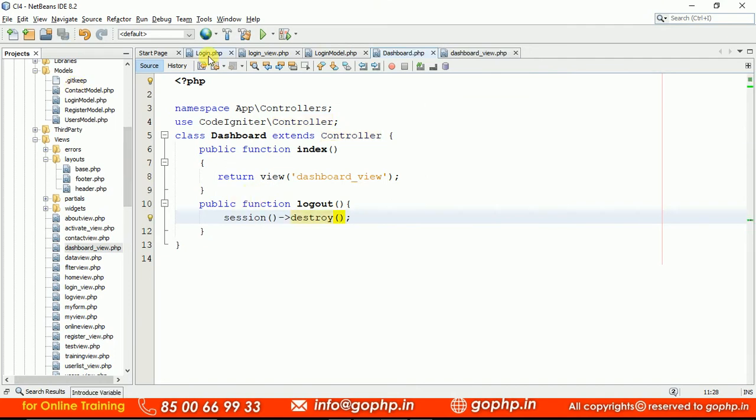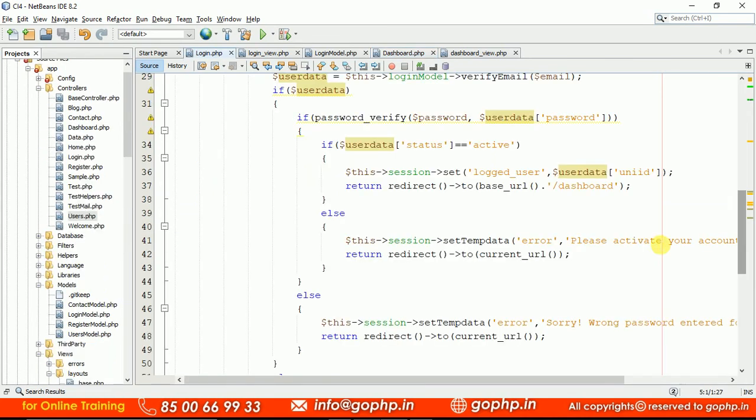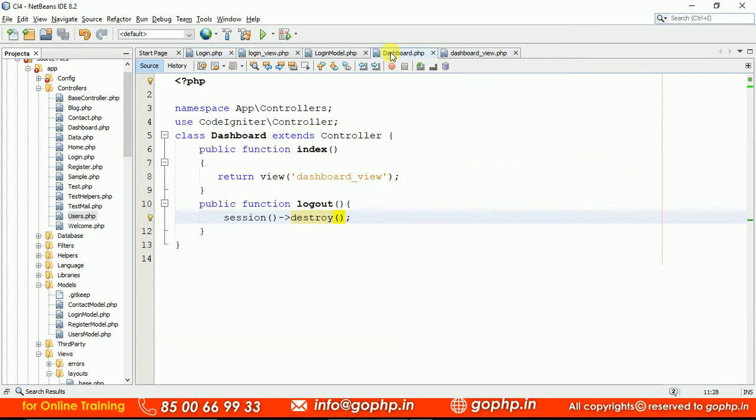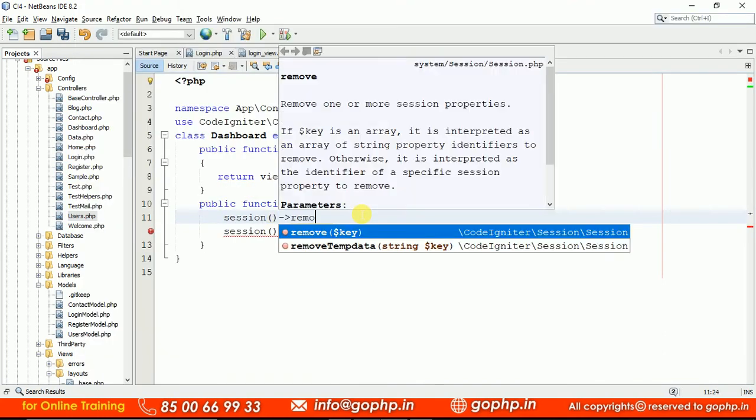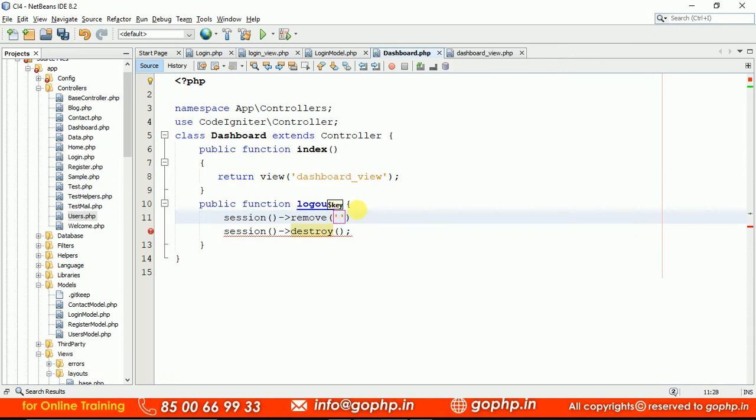Go to your login page and check it, guys, so that we will understand how to do this. In the login page, I just want to check what is the name of the session. This is the name of the session. Go to your dashboard controller. In the logout function, write the name of the session also. This session only we have to destroy, right? That's why I'm coming to this page. Let me go there and click on this, and here we have to remove also. We can write remove or destroy. Session method to remove the key of the session you created there.